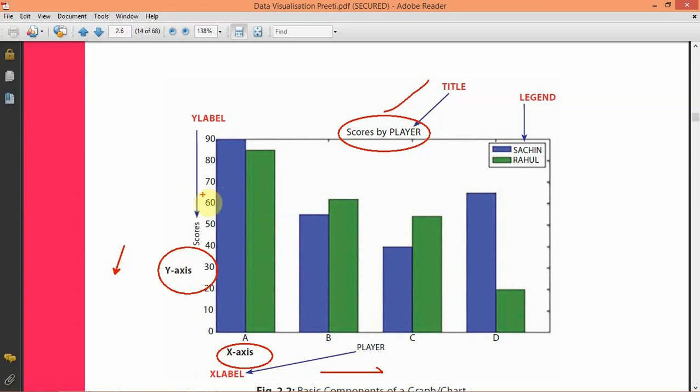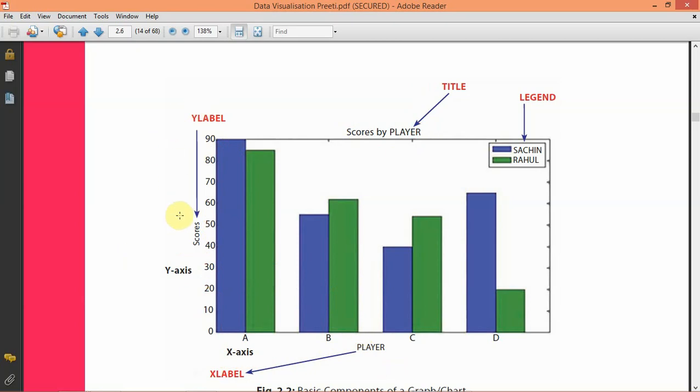So this is shown here, this axis is y axis and this axis is x axis, and this is your 0 point, that is joining of axis, x axis and y axis. So there are two axes in 2D graph. Vertical axis is called y axis and horizontal axis is called x axis. Okay.